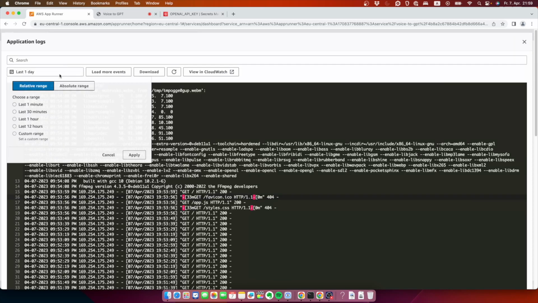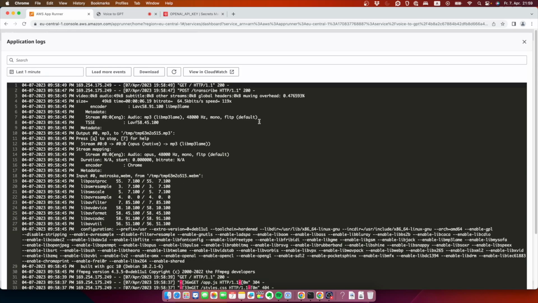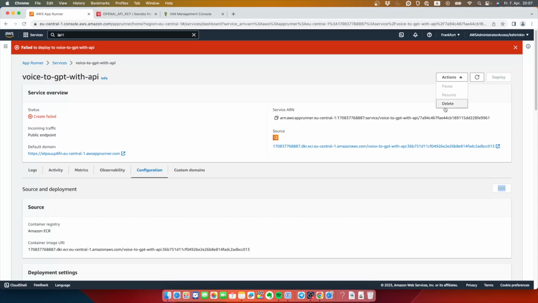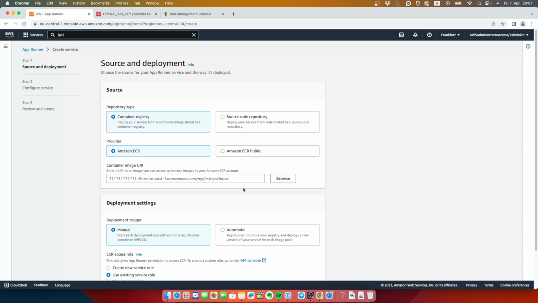Another issue that I faced is a weird bug in AppRunner. Basically what happened is that I configured the health check correctly to point to the port 5000, and I could see in application logs that the app runner tries to access the application correctly and application responds with the 200 response code. So health check passes, but app runner thinks that it does not pass, and it says that initial deployment failed, and I was stuck. My only option was to just recreate the whole thing. And after I recreated with exactly the same settings, it just worked.